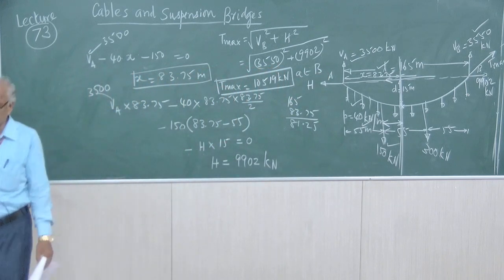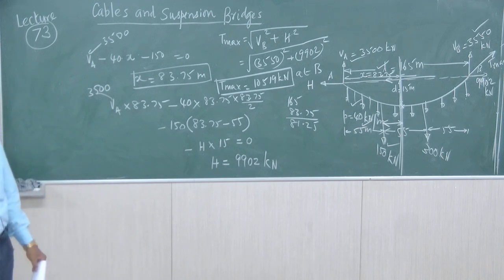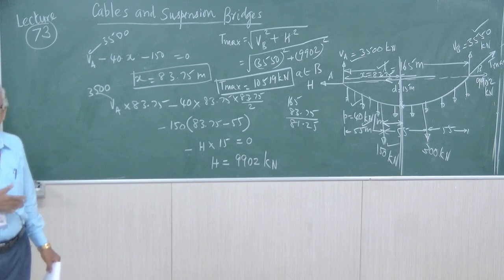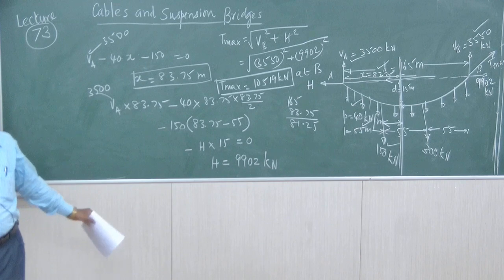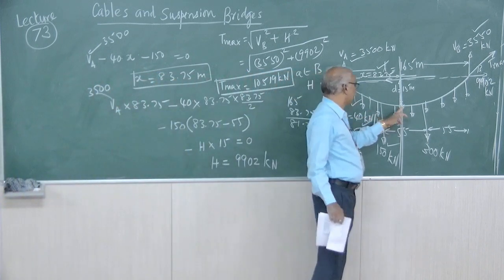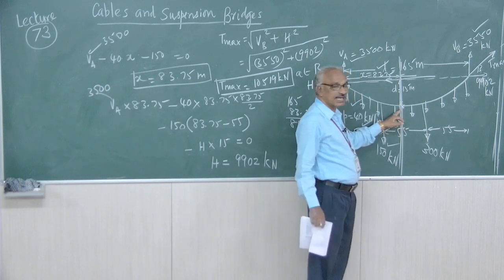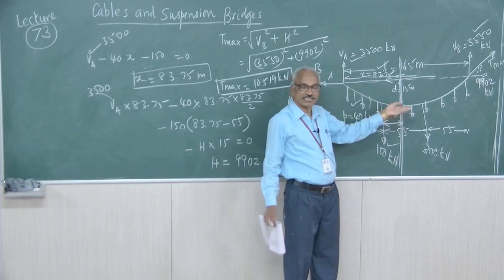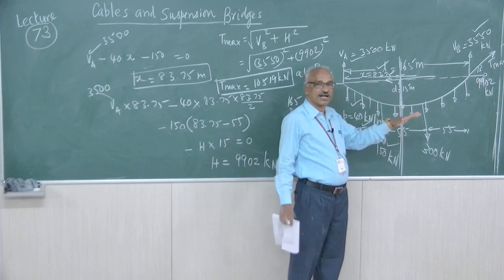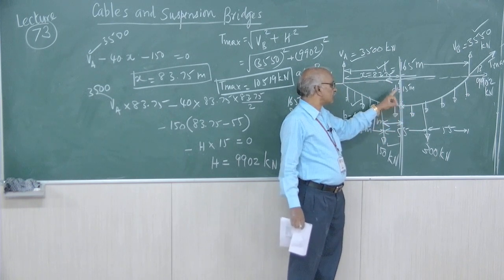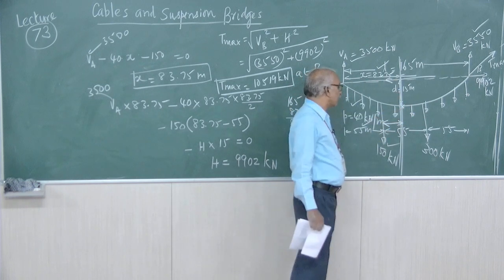So this is how we will have to solve the problem when the supports are at the same level, but because of unsymmetric loading, there are two concentrated loads. In that case, you have to deal with the problem this way. The main point is where the value of V is 0, because we know at the lowest point in the cable, the value of V equals 0. We have discussed the same in the case of cable supported at different levels also. Here also that is a fact, so that we have to locate. There only we will have the maximum dip.